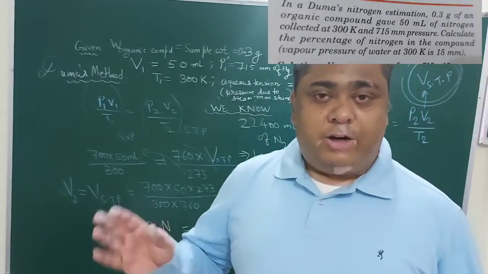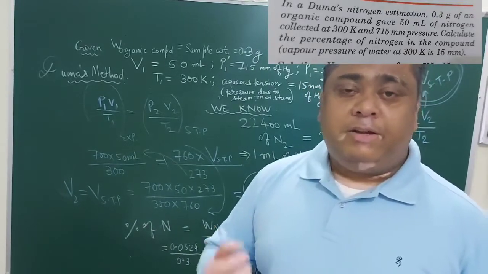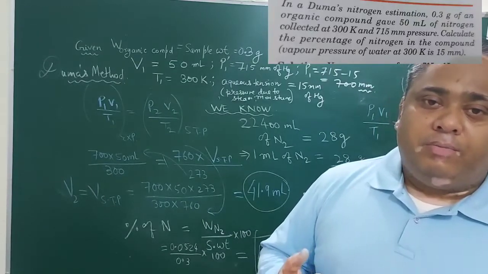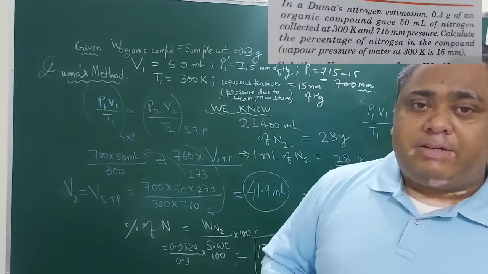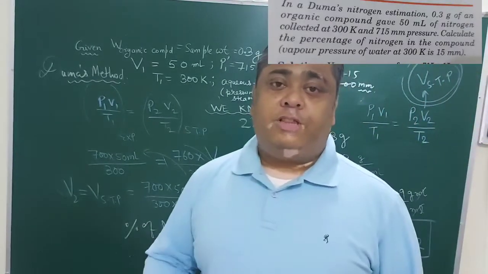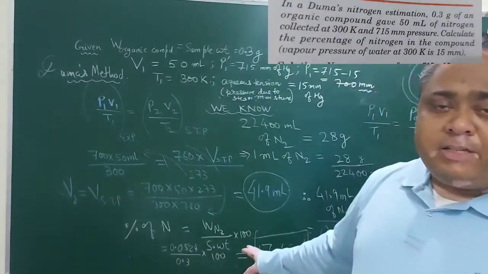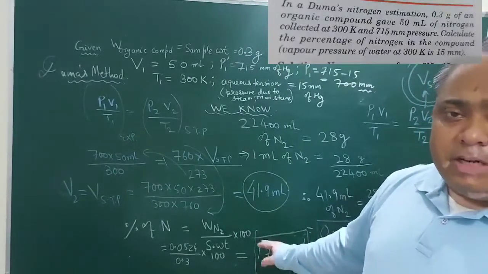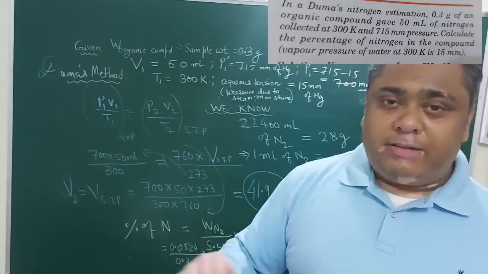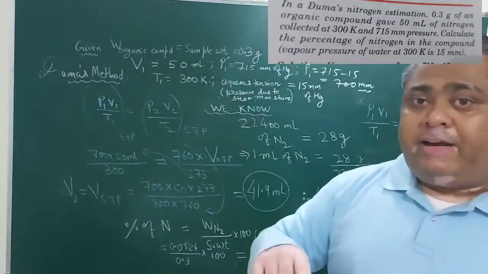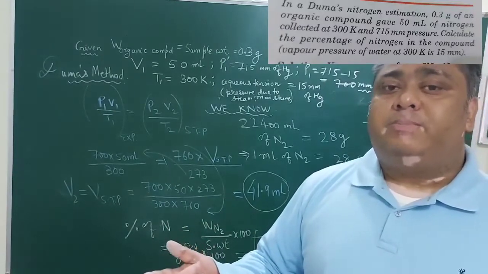I was trying to find in the whole textbook where the method of finding the percentage of protein in a given sample was. It was found nowhere. At that time, the Google search engine was not that prominent. So I had to go to College Street to buy books of analytical chemistry, and there I found that first of all, the percentage of nitrogen is found out by Kjeldahl's method or Dumas method, and after that this percentage of nitrogen is compared with a standard sample of protein. By correlating the percentage of nitrogen in a standard sample, we can find out how much protein could be there in a food sample or in a raw material which contains protein.